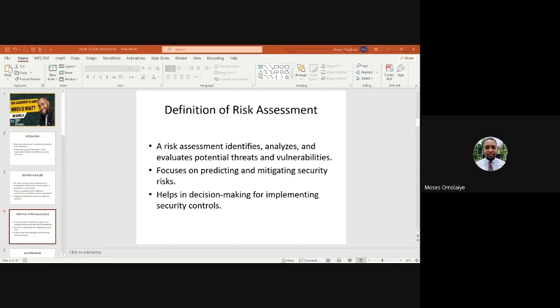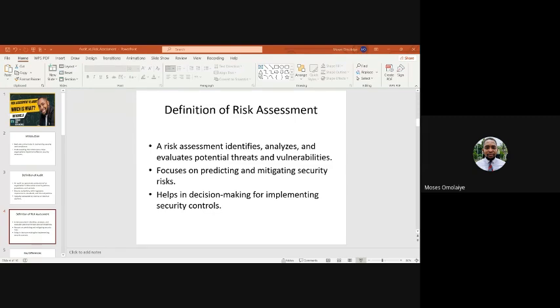Then what's the scope of an audit? Within things like regulatory and standards compliance, like I said, things like NDPA, GDPR, ISO 27001, which is Information Security Management Systems, or the NIST Cybersecurity Framework, all those kinds of compliance. Then what's the scope for risk assessment? We are looking for potential threats and the possible vulnerabilities.